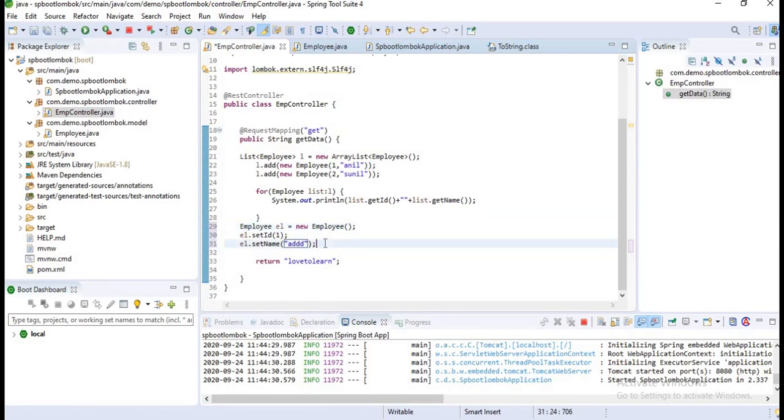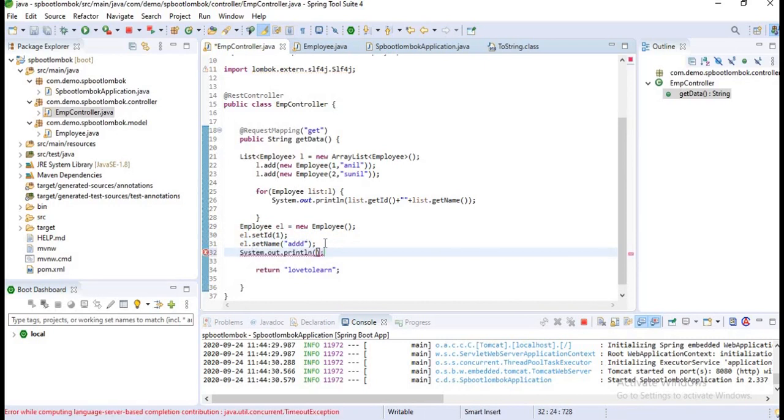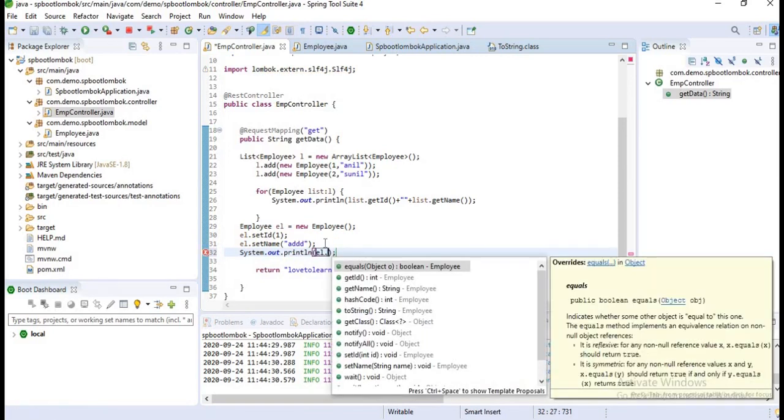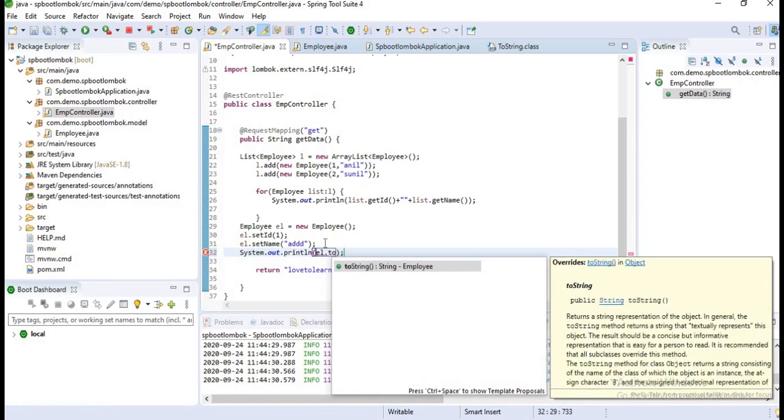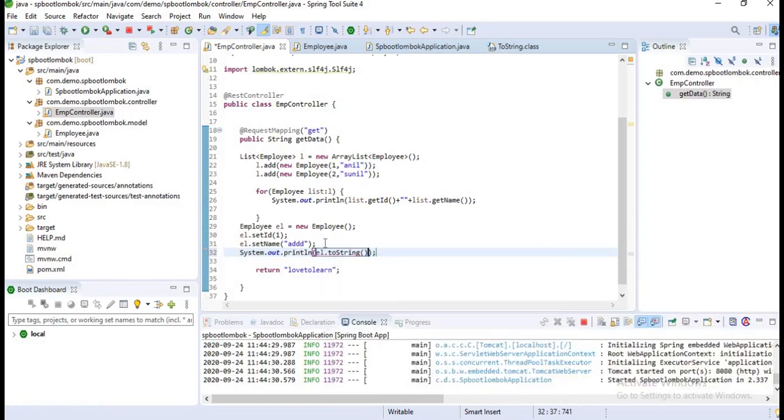Now in this scenario, I explained setters, getters and the no-argument constructor also. Now I want to print it here. el dot, I want to print it as a string. Okay, let's run our application again. Let's see what happens.